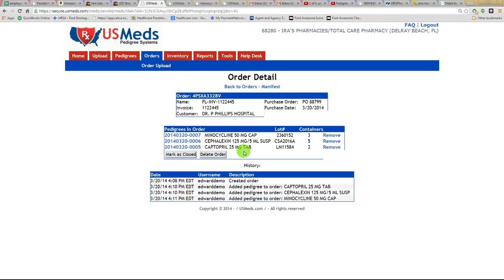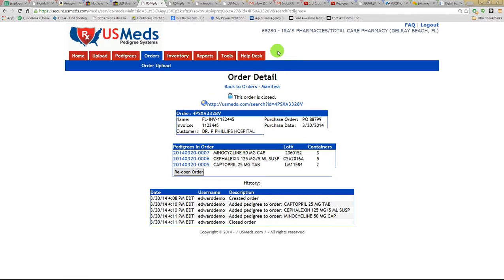and then add to order. Now you can see that the order tells me these are the items. I could remove it if I made a mistake, or I could continue to add items by clicking on my inventory screen. Once I'm satisfied that the order is complete, I simply mark it as closed. Again, if the customer has an email profile,